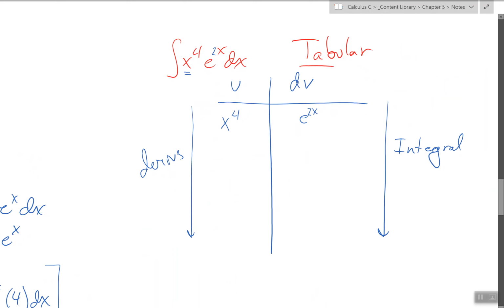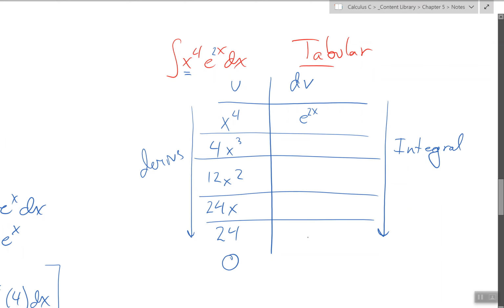Okay, so the derivative of x to the 4th is 4x cubed, and then 12x squared, and then 24x, and then 24, and then 0 would be the final one. Okay, so we've got those derivatives on the left-hand side. Now for the integral, since it's e to the 2x, the antiderivative is still going to be e to the 2x,